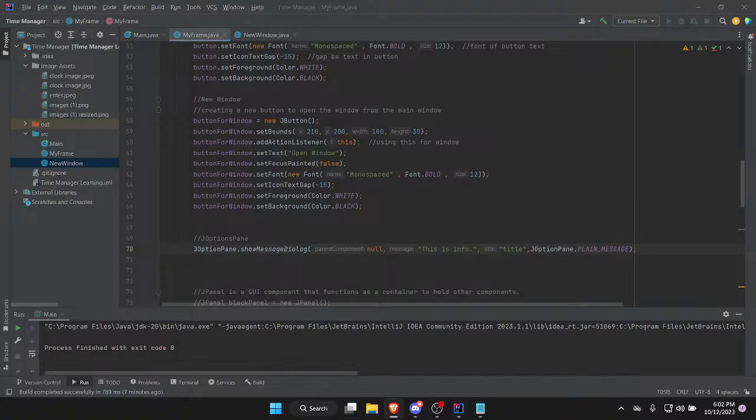This fourth argument is the message type. Depending on what value we place here, it's going to give our message dialog box a different look and feel. There's 5 I'm going to show you. This is one of them. I'm just going to copy and paste this 5 times and then give you a